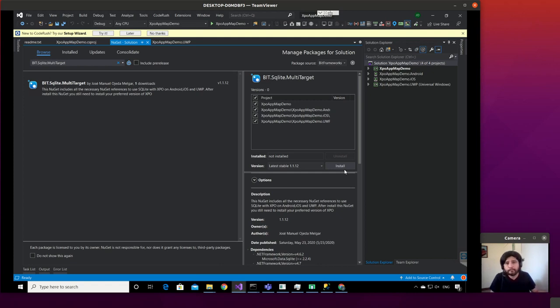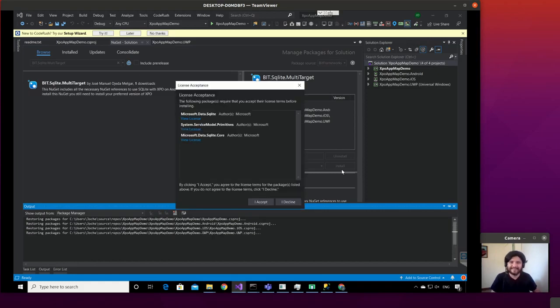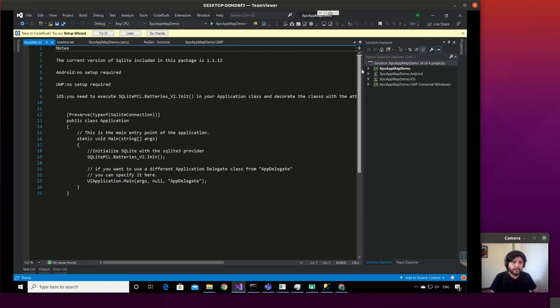Okay, so let's install this. We'll have two downloads. We do have a different version of this on NuGet.org, but we in general decided to not use that website. We use our own NuGet feed. So okay,